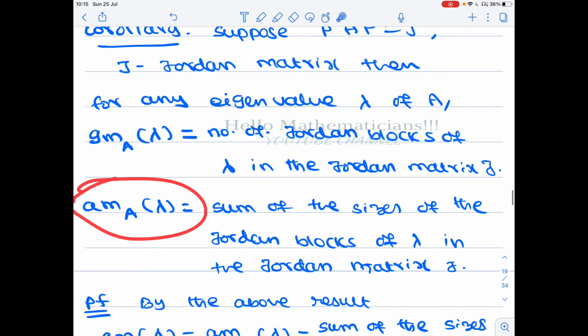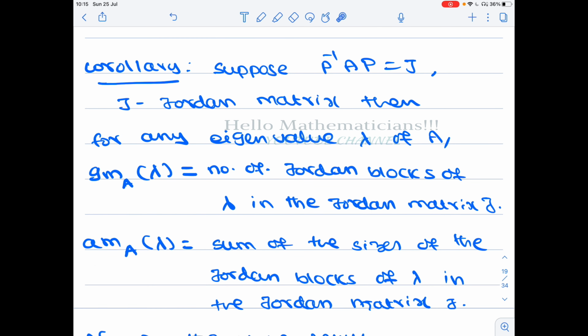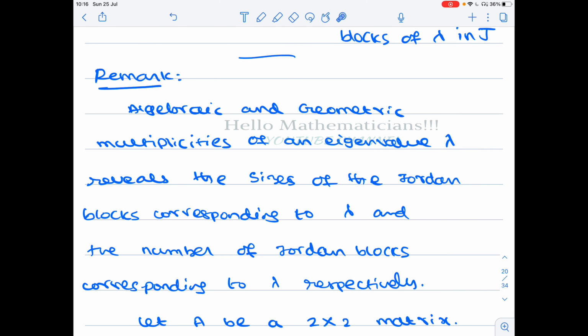Similarly, for the algebraic multiplicity, you look through this glass and see a few blocks, all corresponding to this eigenvalue lambda. Take the sum of the sizes of the blocks you are seeing through this glass; that is the algebraic multiplicity of this eigenvalue. Okay, so now we know many things. It is very useful, and when we solve problems you will understand how useful this result is. Suppose you have a matrix A and you know its algebraic and geometric multiplicities. From that, you cannot always guess the Jordan canonical form.